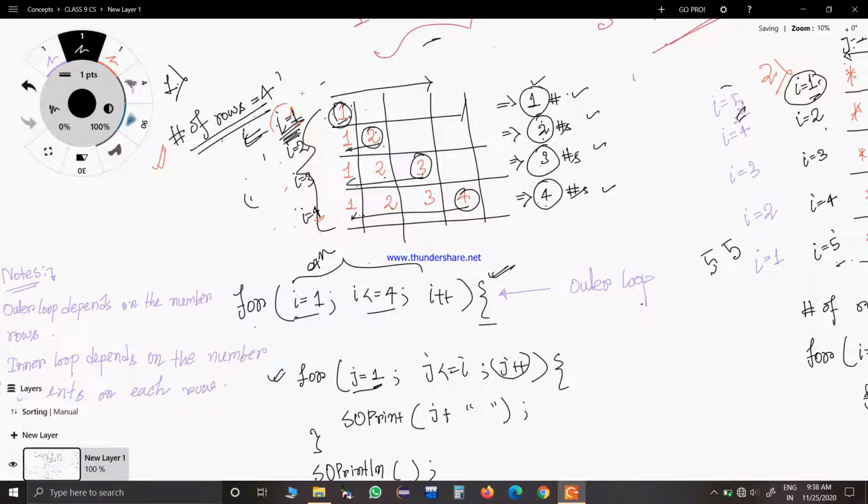For the first row, the value of I is 1 and the ending value is 1. So you can see there is a relation. Both are the same. Also in the second row, the last value is 2 and the value of I is also 2. For the third row also, I equals 3 and the last value in the row is also 3. For the fourth row, it is also the same.